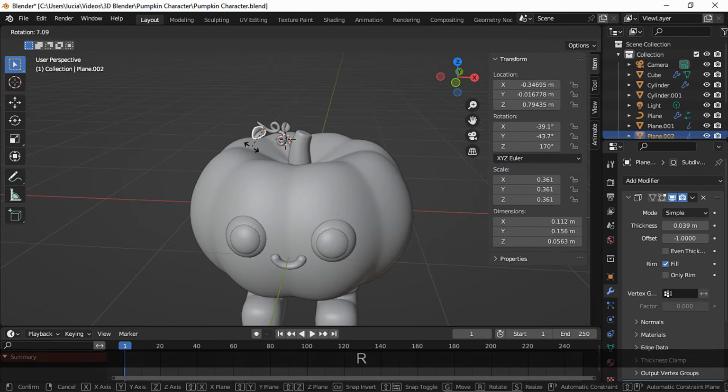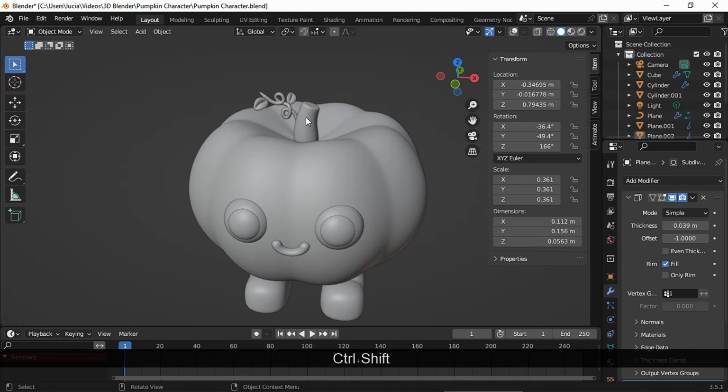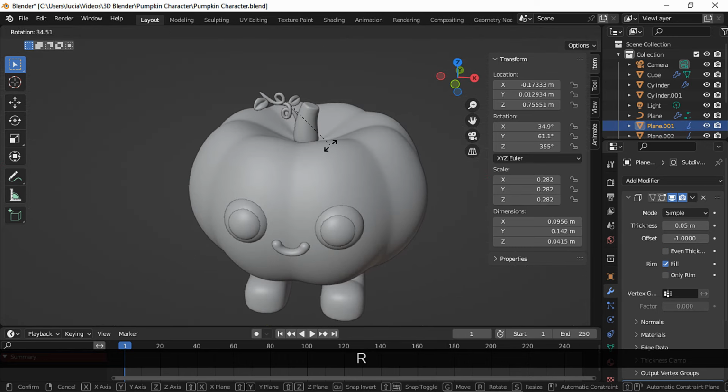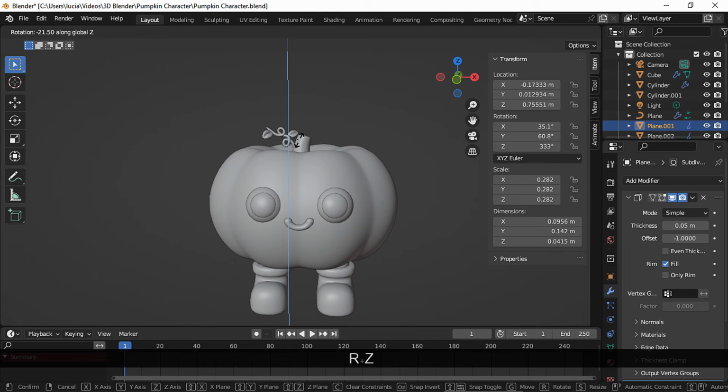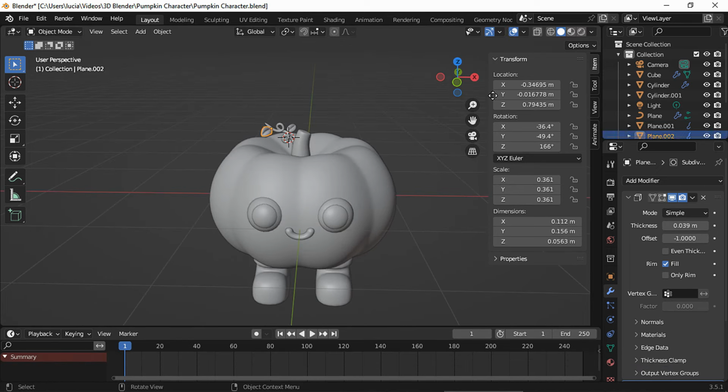I rotated the lips so they were more visible from front view. Finally, here are my final values for the placement of the lips in case you want to copy them.